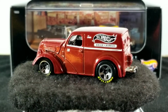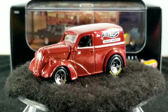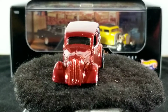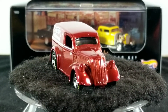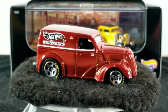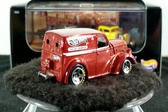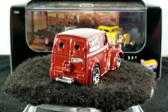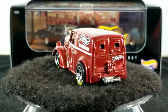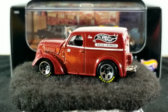So when you're buying them on eBay or Facebook, depending on the lighting or the flash they use to take the picture, sometimes it skews the color of the metallic body, and it's hard to tell: am I buying the pink one, the purple one, or the red one? So I really think that in the future, if they do these Classic series, they need to post on the card what color it is, because they're so similar. It's real easy to buy duplicates of ones you don't need because you thought it was a different color. So that's my gripe with these